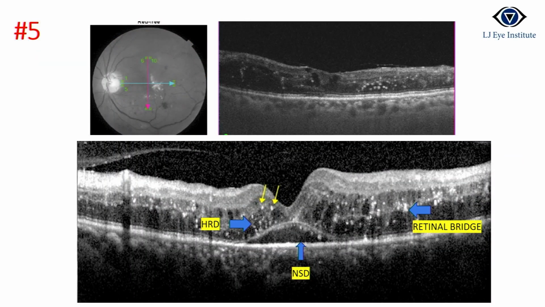This is a very beautiful OCT picture of diabetic macular edema, which is having all the features: neurosensory detachment, retinal bridges, cystoid degenerations, hyperreflective dots. So this altogether is a case which is having good prognosis for anti-VEGF or steroid. Now why? Because this neurosensory detachment is always a good prognostic factor, because it acts as a protective layer, because the internal structures of the retina are not disturbed. So these type of edema respond quickly to the treatment, and then the visual prognosis is also good.